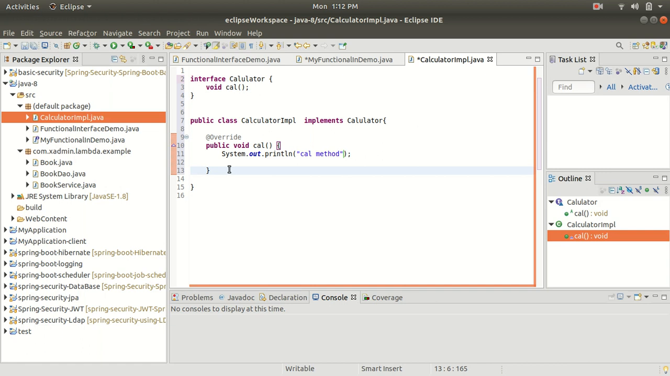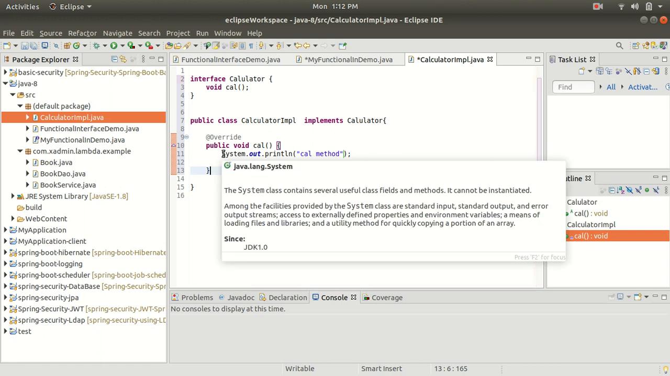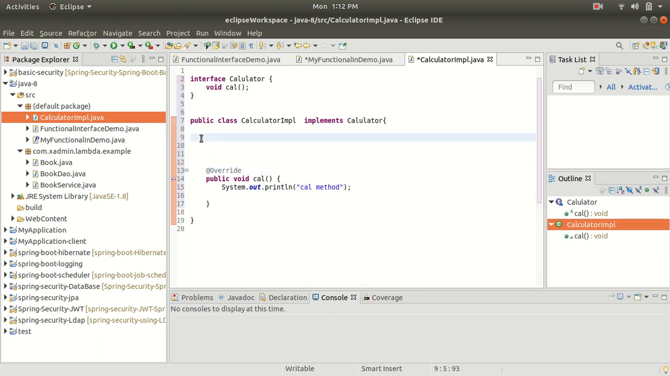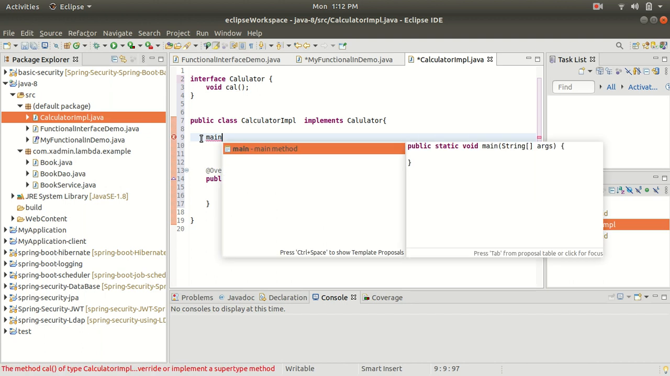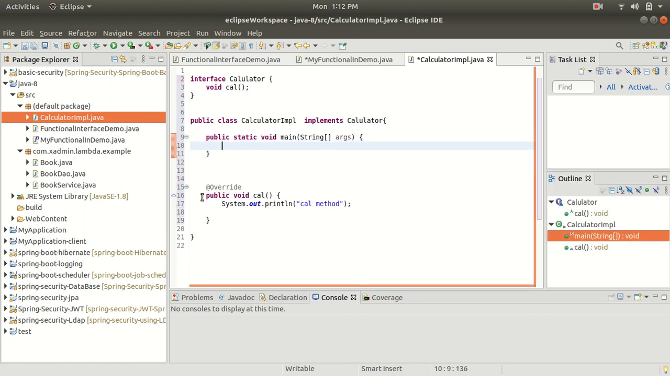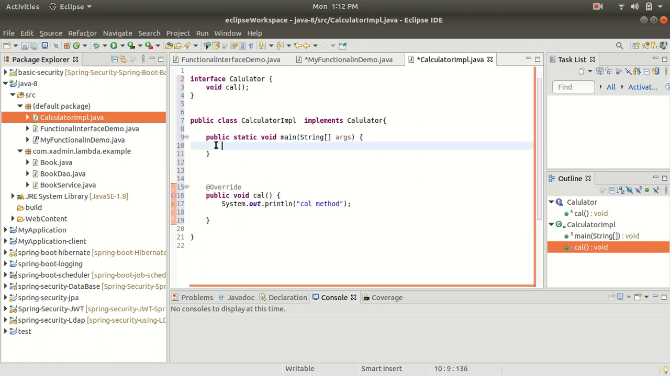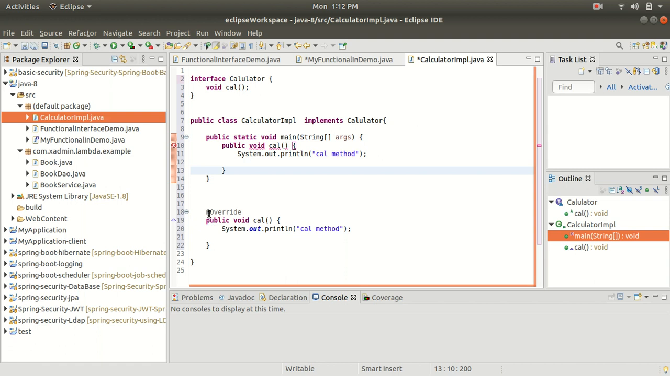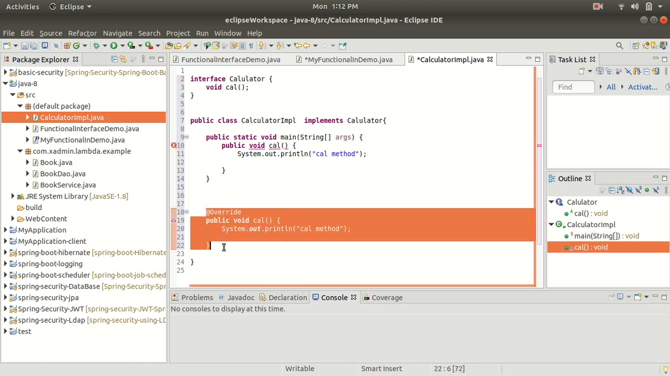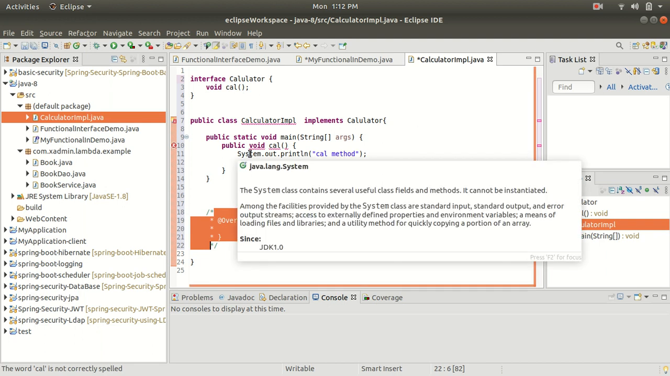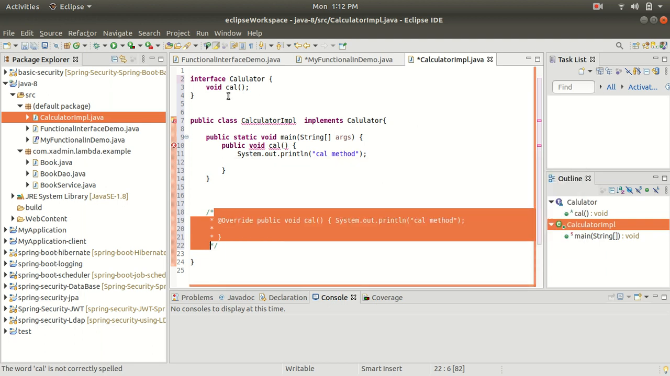Now guys, I am going to override this method but with a lambda expression. All right, so let's create a main method first. So let me create a main method. All right, so now guys, I am going to copy this method, and inside this class I am going to write this method. So let me comment this method because this method is of no use. All right, and now guys, we have to convert this, or we have to override this calculate method with a